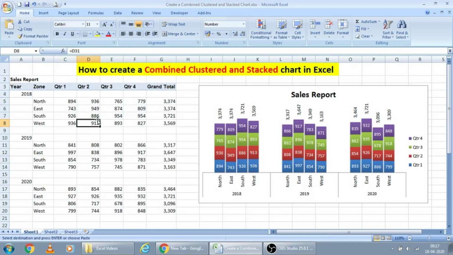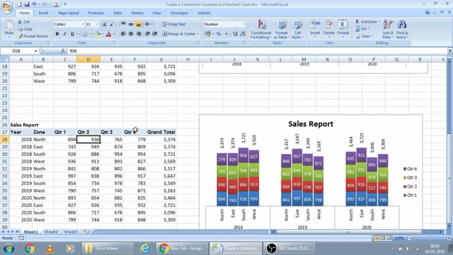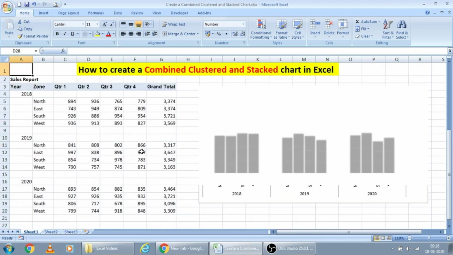By this, if we change the original data, it will be linked to our chart location and the chart will be updated automatically.